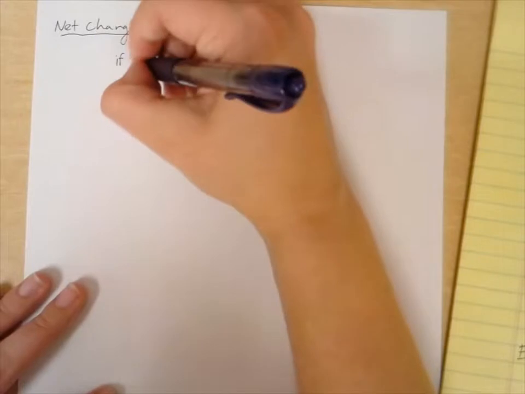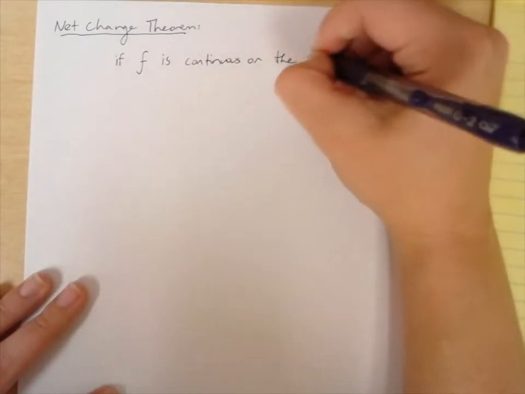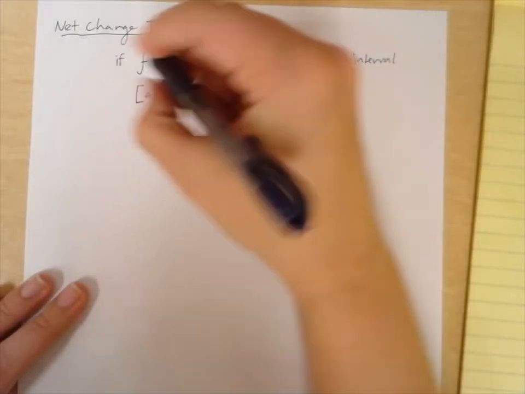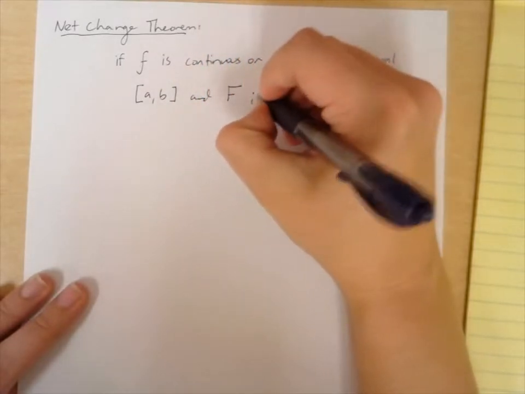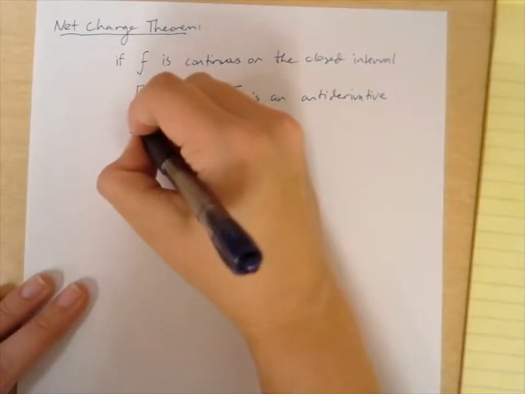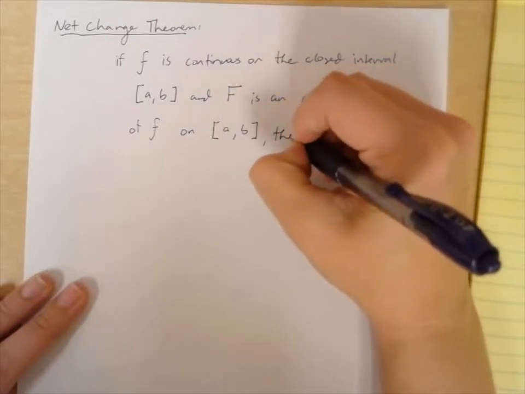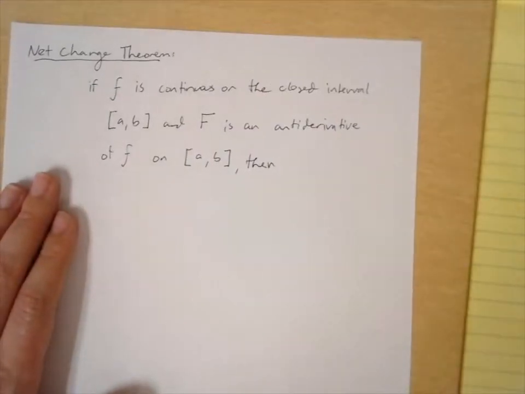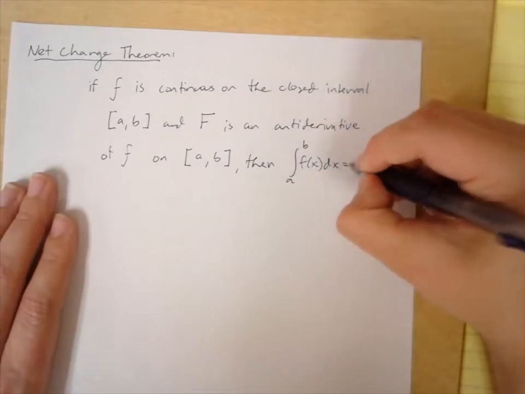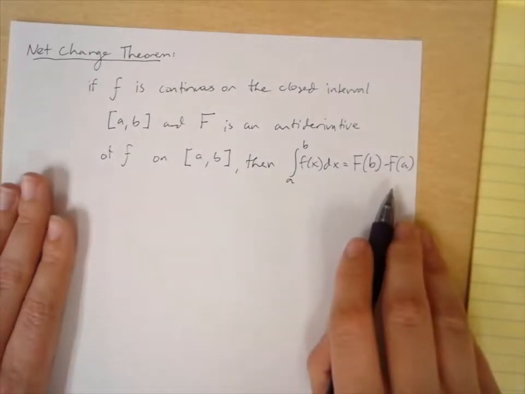So, it says that if fancy f is continuous on the closed interval from a to b, and big F is an antiderivative of fancy f on the interval a to b, then we can say that the integral from a to b of f of x dx equals big F of b minus big F of a, that can be rewritten as